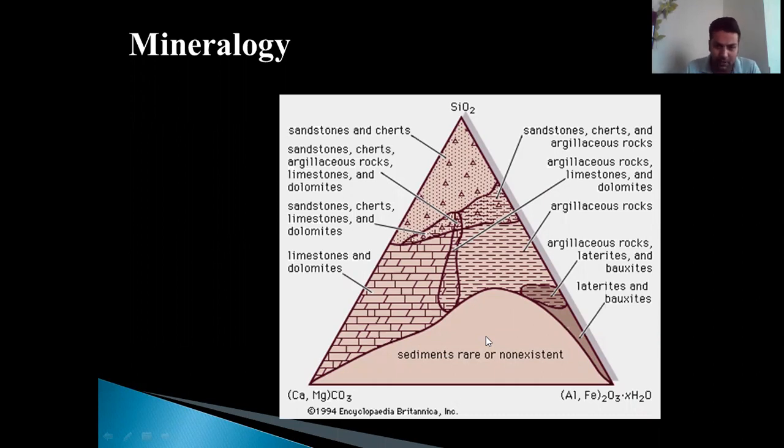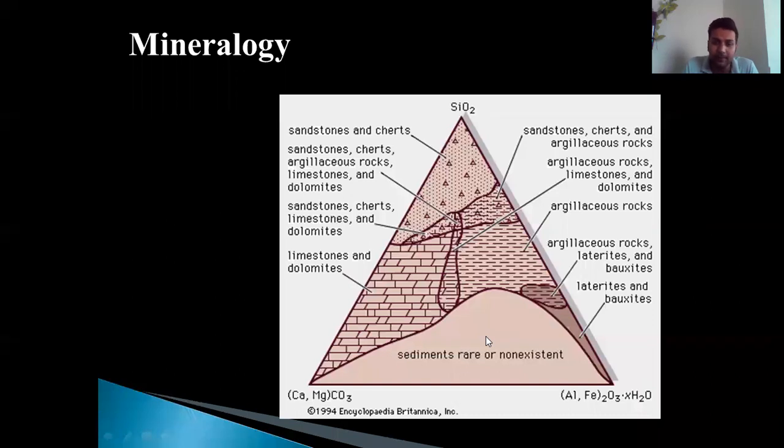You can see that the majority of the rock occurs towards the corner of the silica, like sandstone, chert, argillaceous rocks, limestone, dolomites. Then when you go down, you can see that laterite and bauxite are there, which are much lesser in proportion. Okay, and if you see here in the corner of the carbonates, you can see limestone and dolomite for